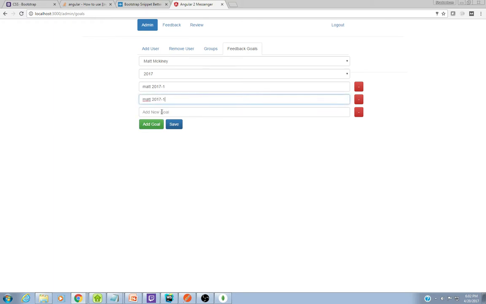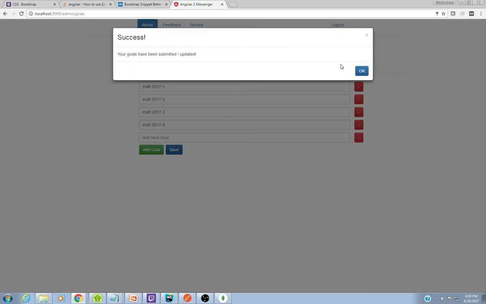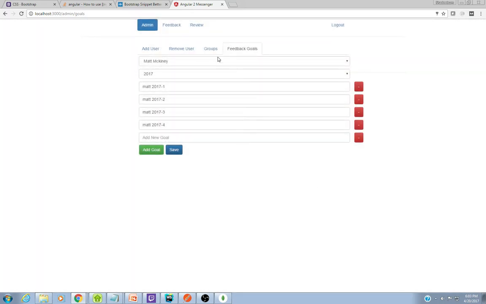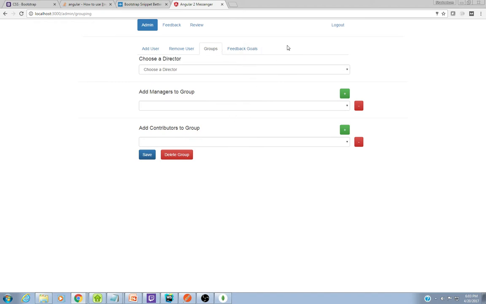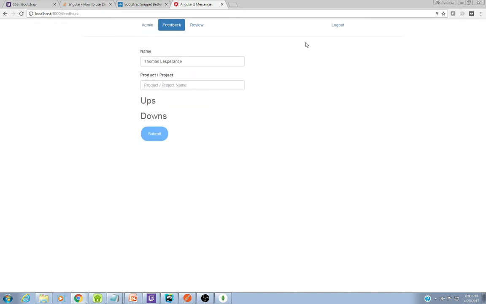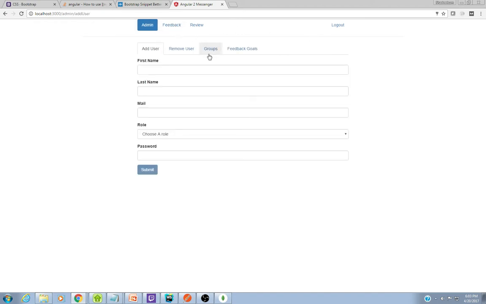And let's add a couple more goals here. And let's do a fourth one, just because Juanita has 3, and I want to show the difference between Matt and Juanita's users. So we're going to go ahead and save the goals, and again, we get the update from the database. Everything looks good. So now the only thing left to do is to go ahead and log in as a